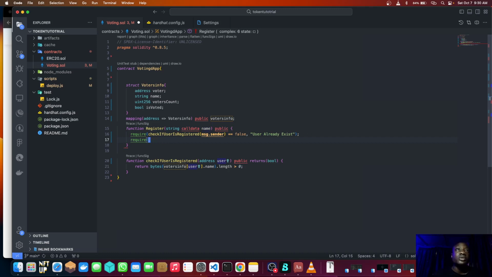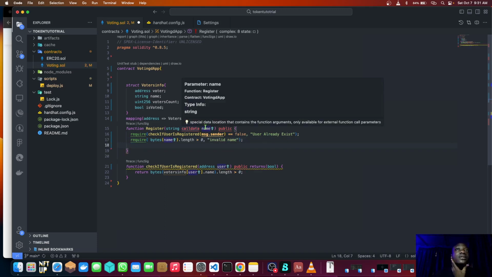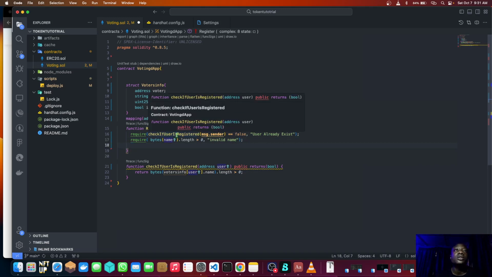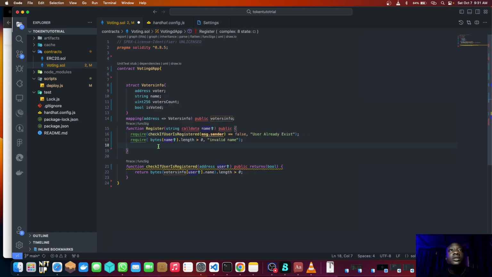How we do that is we are going to say require that the bytes of this name, dot the length, is greater than 0. Then we're going to say a valid name right there. After we check if you already use a valid user account, and check your name is correct, what we now need to do is